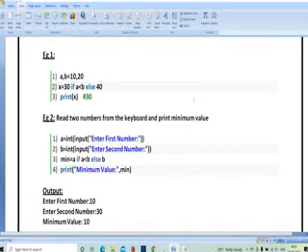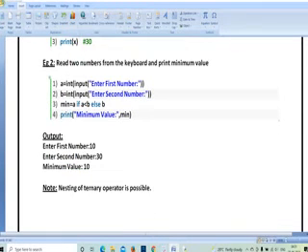But example 2 is a dynamic program. Why? Because in the second example, the user has to enter the input each and every time. Based upon the user-entered data, the program runs. So this is a dynamic program, because as per the input, the output changes dynamically each and every time, based upon whatever you have entered.